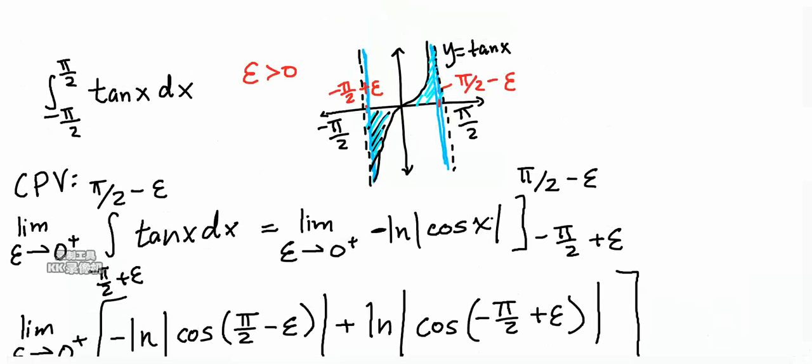So using the Cauchy Principal Value, we were actually able to determine that this area, tangent of x from negative pi over 2 to pi over 2, even though it's bounded by a vertical asymptote but not continuous at pi over 2 or negative pi over 2, and even though we get that the answer diverges using standard calculus 2 improper integral techniques, by using the Cauchy Principal Value, we were able to finally conclude that this area is indeed equal